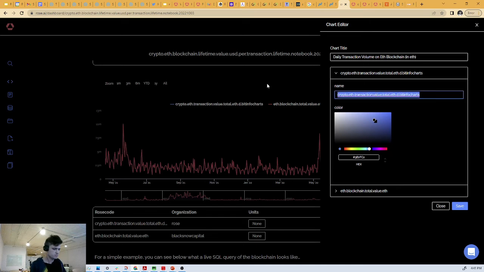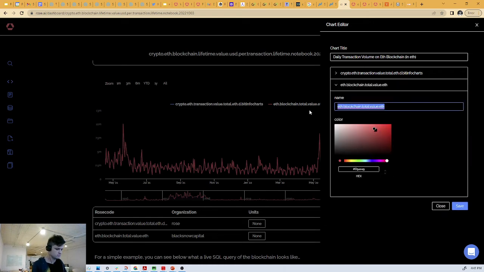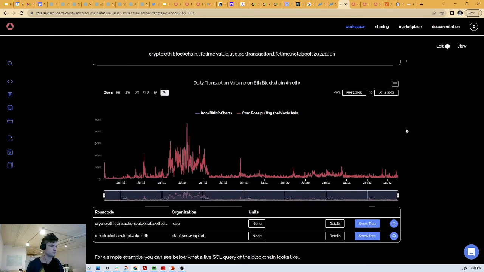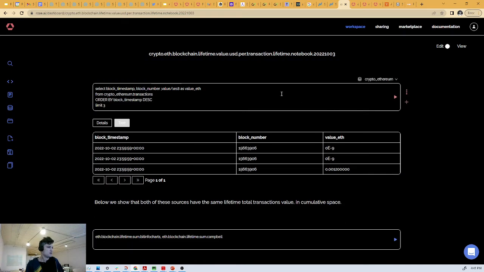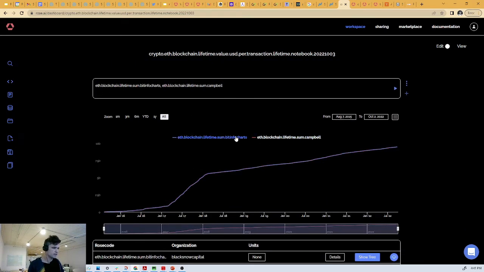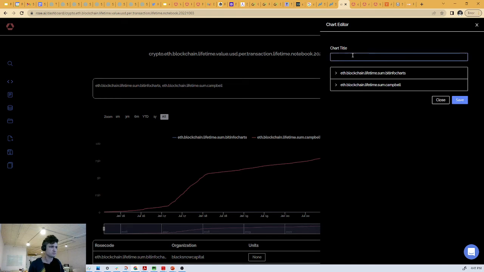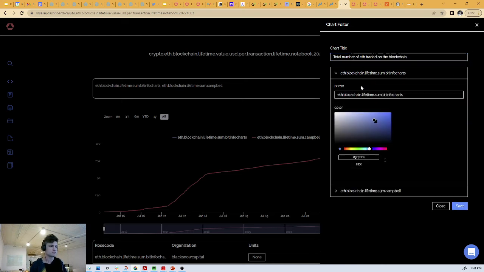This is from great. We don't need to edit this one. Okay, here we go. This is the total ETH traded on the blockchain from